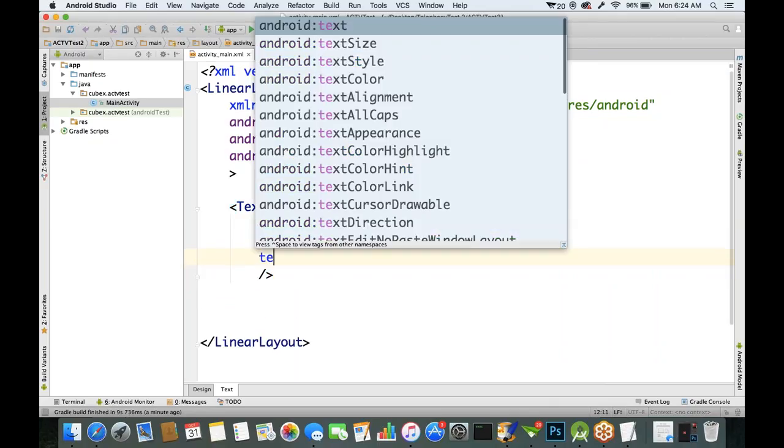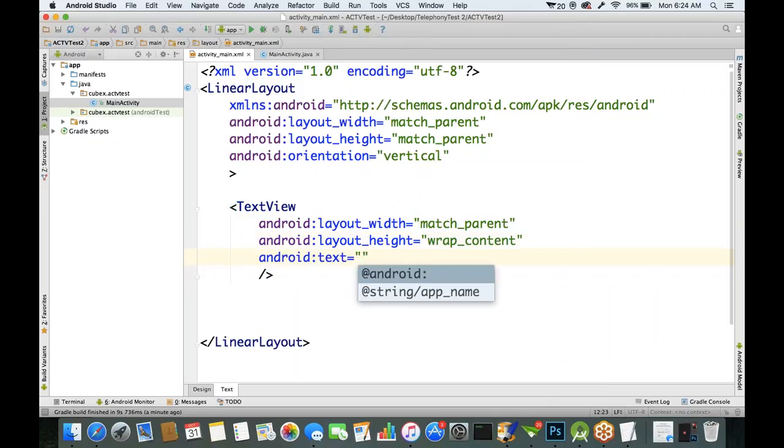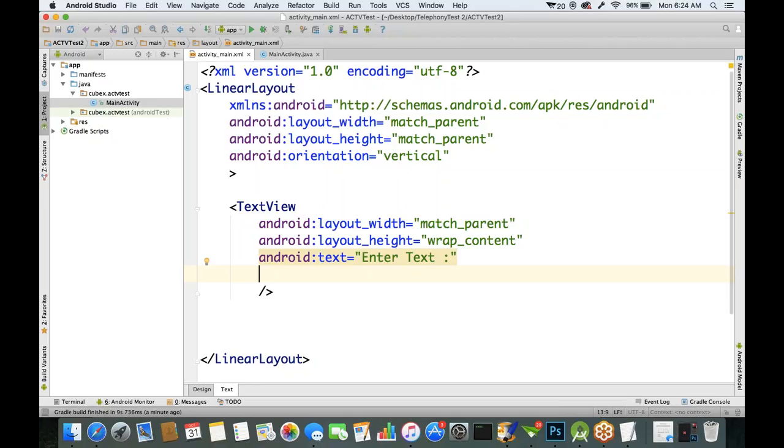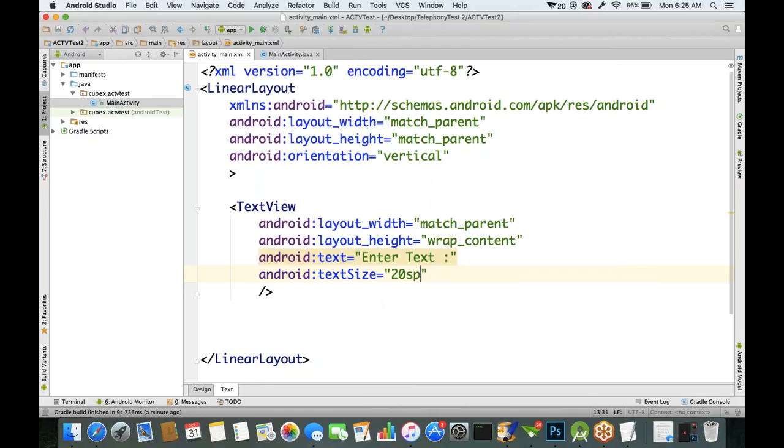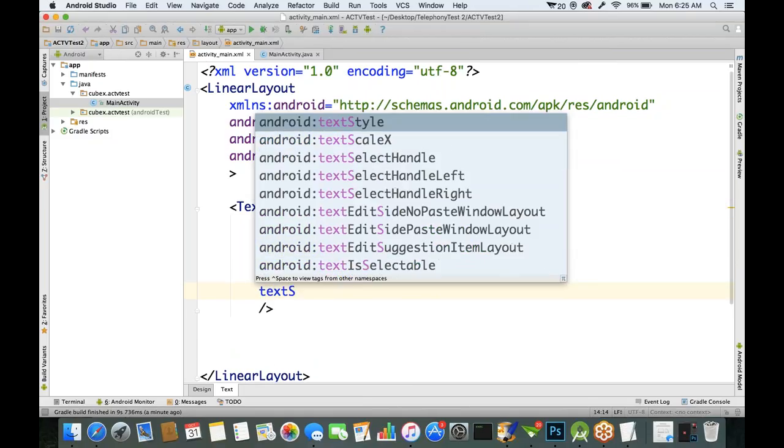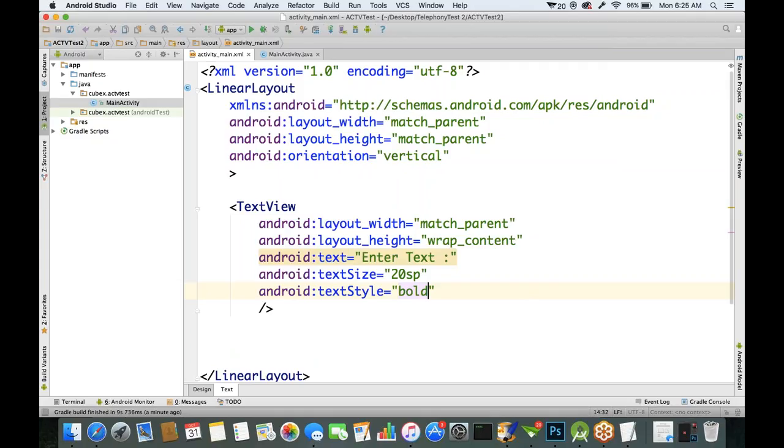And what is the text I want to display? Enter text is the text I want to display here. If you want, you can define the text size, the text style, and all these attributes. And below this text view component,